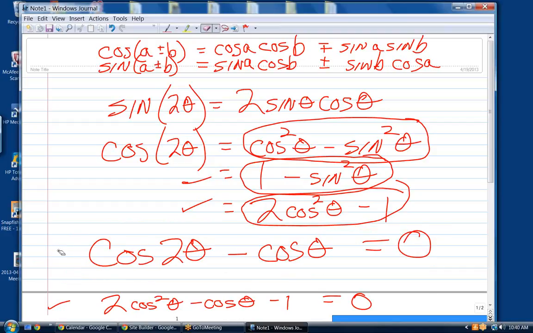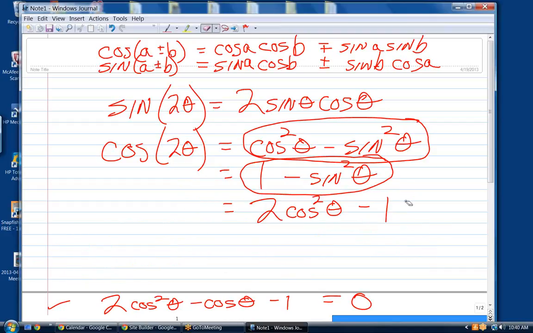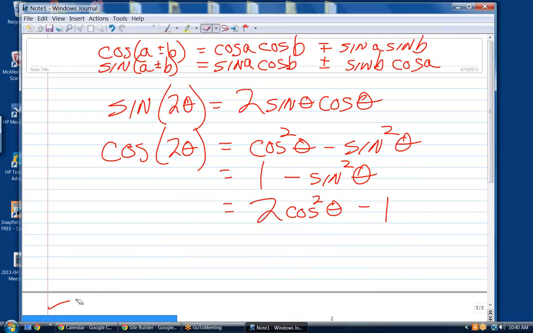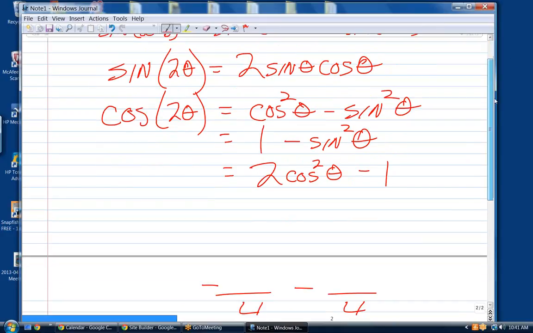Okay? So that's why we have three different identities for cosine. And I don't know, I'm guessing he won't make you memorize all three of them. Those are the ones he might put up on the board. But do you have any questions as to how we use these? In other words,